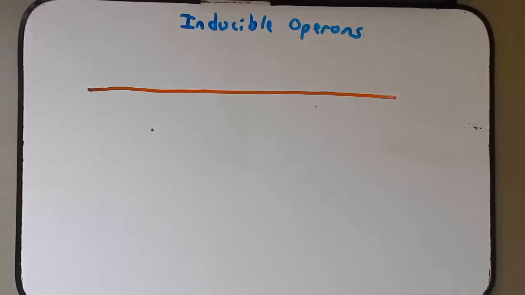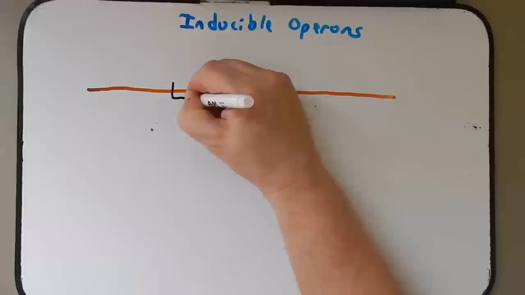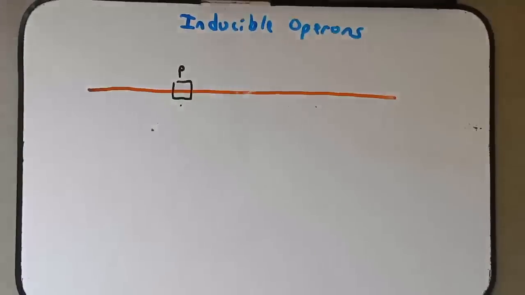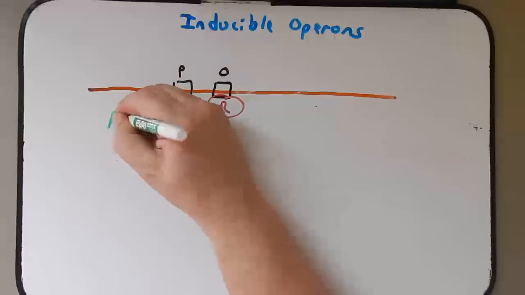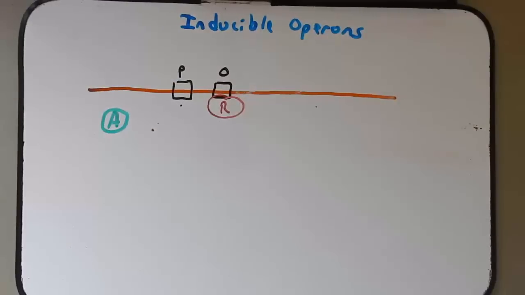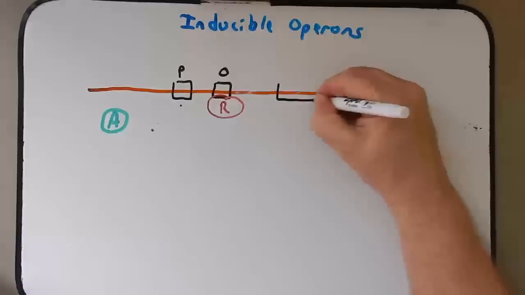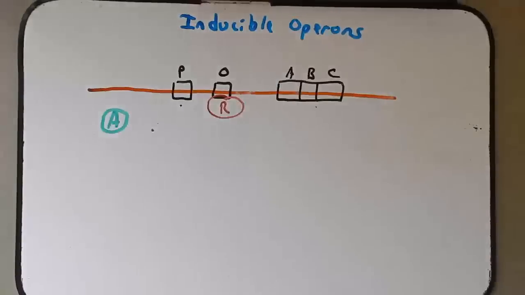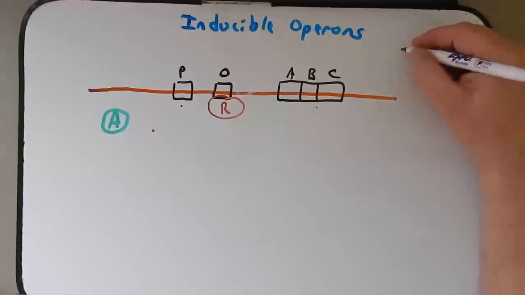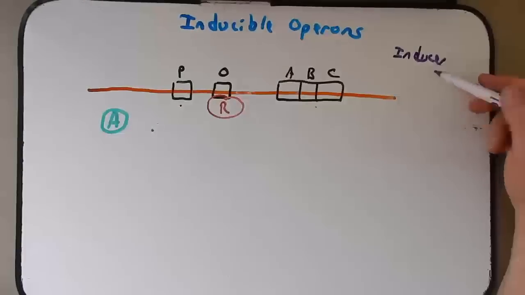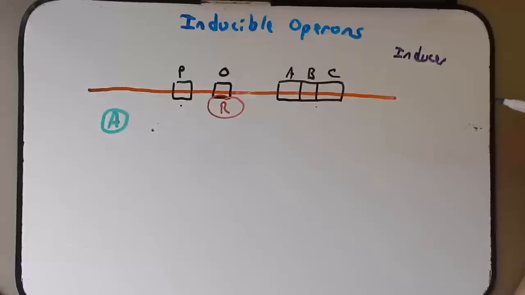Inducible operons, remember, they're going to usually be turned off. So we'll have a situation here where the promoter doesn't have the activator bound to it, and the operator will have the repressor bound to it. And we can draw the activator over here, not on the promoter. So how do we induce this operon to turn on transcription of these open reading frames that we see in this generic operon? We do it with a tiny molecule that we'll call an inducer. Inducers always work on inducible operons. Repressible operons use a different kind of substance.